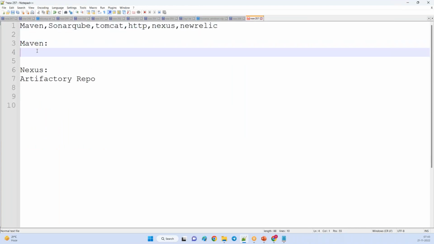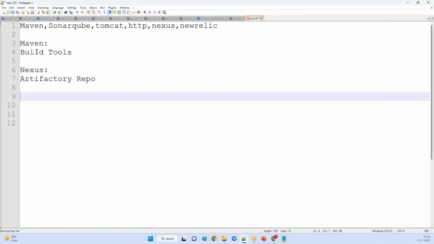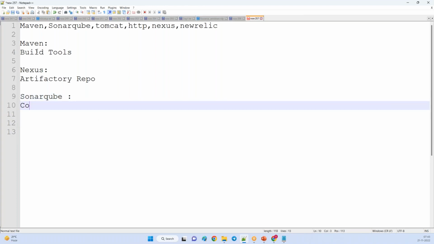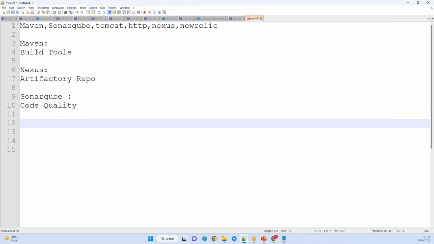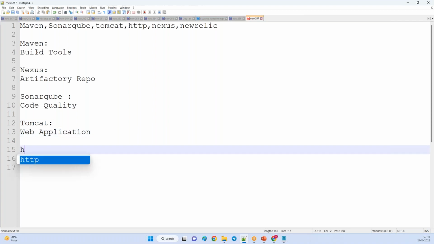Maven is a build tool, Nexus is an artifactory repository, and SonarQube is a code quality check tool. Tomcat is a web application server.